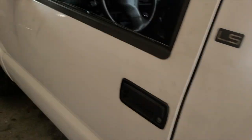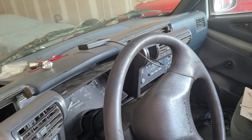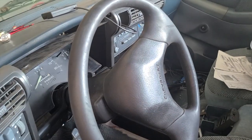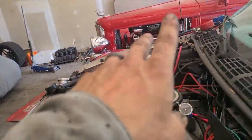What else? I yanked this whole dashboard apart. I think I went over that yesterday. I just kind of pushed it back up there a little bit, just because of the way the wire comes through, so I could hold the handheld. But I think, other than like the inputs and outputs for the Holley,